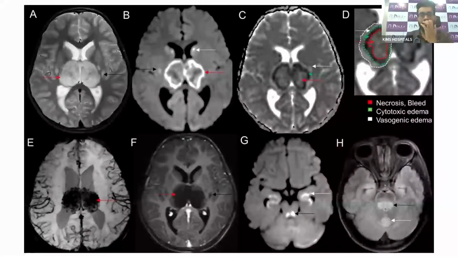These are typical radiological findings. Quickly going into it, you have T2 and FLAIR imaging showing bilateral thalamic swelling, very clear hyperintensity, swollen thalami. Sometimes you have putamen involvement along with diffusion restriction with a clear rim of hyperintensity. On ADC, you have the classical sign, which is called trilaminar sign with central necrosis surrounded by cytotoxic edema, surrounded by vasogenic edema. This is the typical ADC image showing trilaminar sign in sporadic ANE.